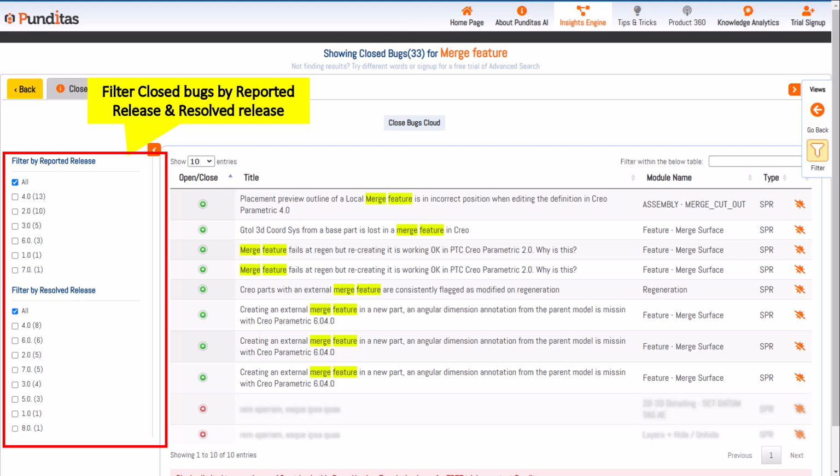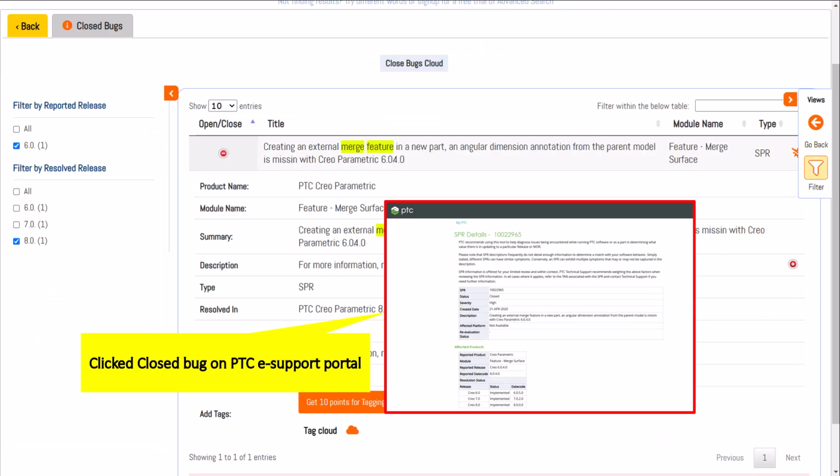As shown in the picture, the data table displays information related to the search topic, merge feature, for all the reported and resolved releases. For example, using the filter feature, the user searched for a closed bug that was reported in Creo 6.0 and resolved in Creo 8.0. Out of 33 closed issues, the filter narrowed down the results to display the exact closed issue matching the specified